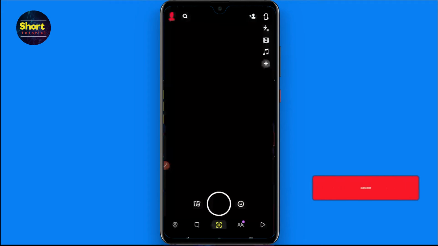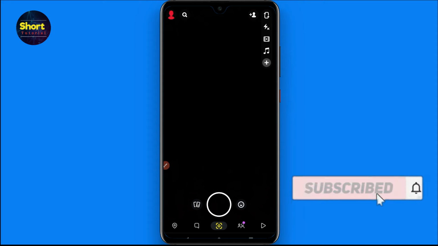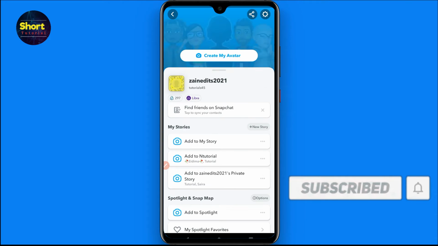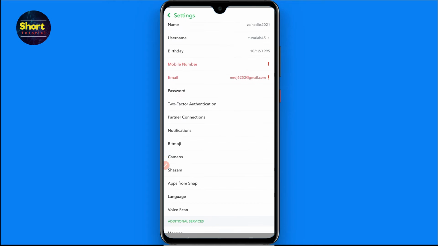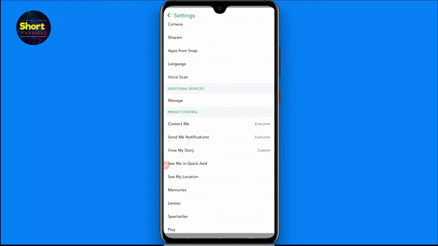So first of all, open your Snapchat and click on your profile from the top left. After that you have to click on the settings button. Now scroll up and here you will see different options in the privacy control. First of all you have to select contact me and select everyone for it, then send me notifications, everyone,